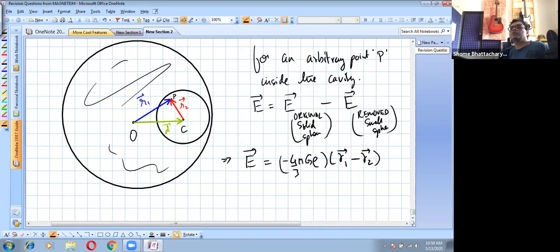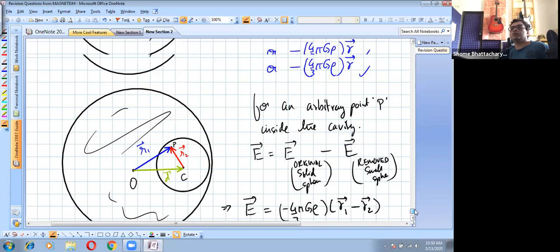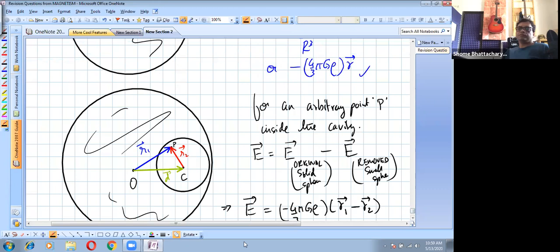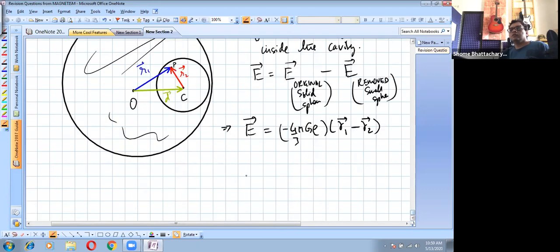So this will have this term into R2 and this will have this term into R1. I'm just making use of this formula. Now you can see that R1 minus R2 is nothing but the vector D. So E is just